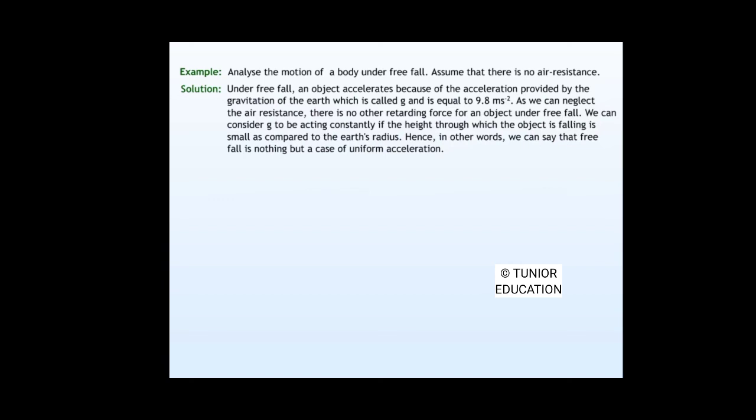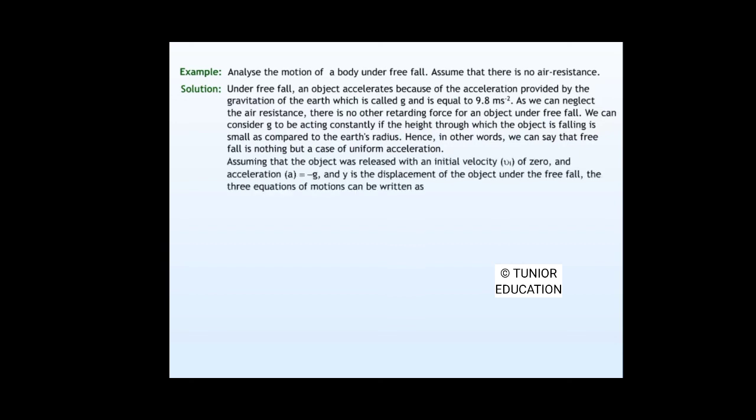We can consider g to be acting constantly if the height through which the object is falling is small as compared to the Earth's radius. Hence, in other words, we can say that free fall is nothing but a case of uniform acceleration. Assuming that the object was released with an initial velocity vi of 0 and acceleration a equals minus g, and y is the displacement of the object under the free fall, the three equations of motion can be written as